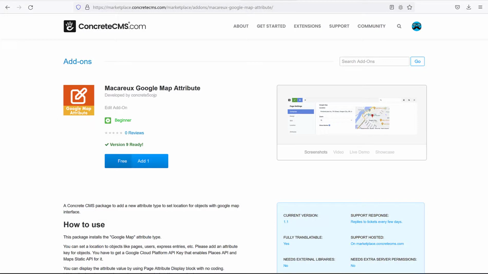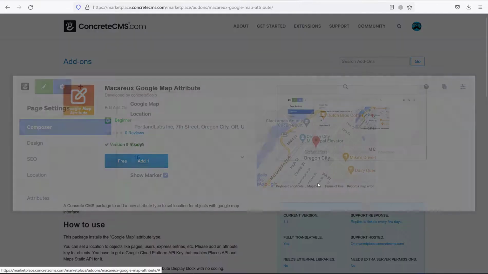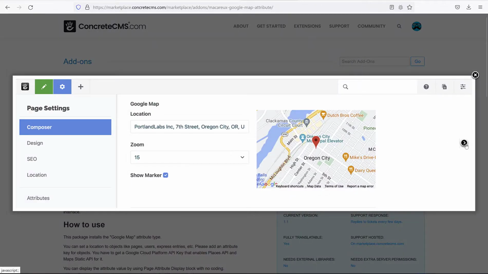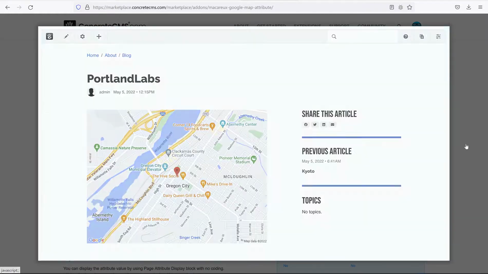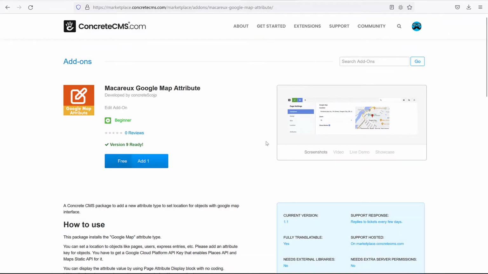Our next package is Macaroon Google Map Attribute. As the name says, it allows you to add Google Maps as an attribute, but unlike other Google Map blocks or attributes, this one will generate a static map, which is basically just an image. So it's much lighter to load, which is nice. It doesn't have all the interactive options, but it's much faster to load. What's more,